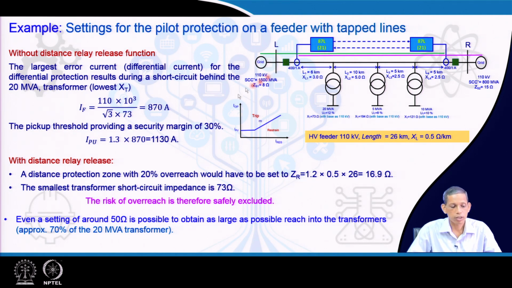What this distance relay does is that it supplements the 87L to be initiated, and the 87L, based on its percentage bias differential relay, can make a decision whether the fault is internal or not. That is where the 21, the distance relay with 120% setting, helps in deciding the feeder protection in such a tapped arrangement.